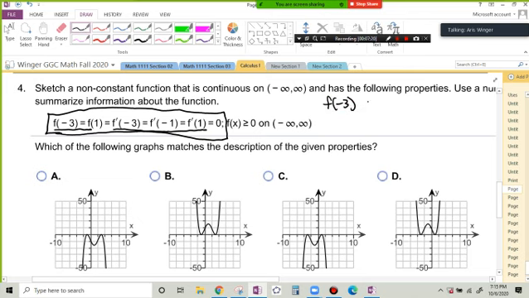Okay, so f of -3 is 0, f of 1 is 0, so it's saying the function goes through the point (-3, 0), and it goes through (1, 0). So it hits the axis at those points, right? So it hits the axis here. That's too thick, I'm sorry. So it hits the axis